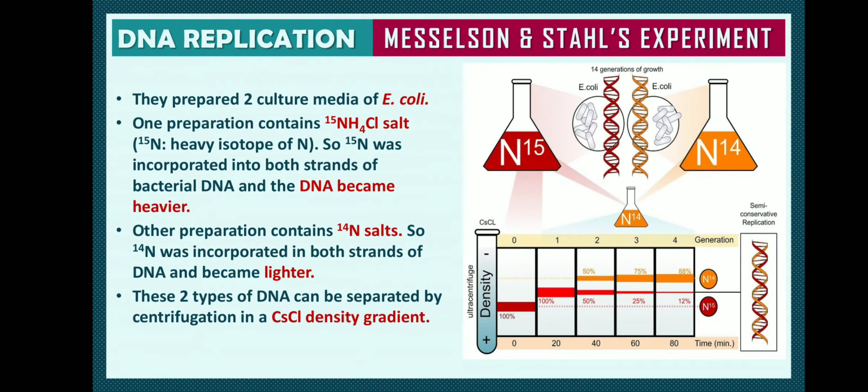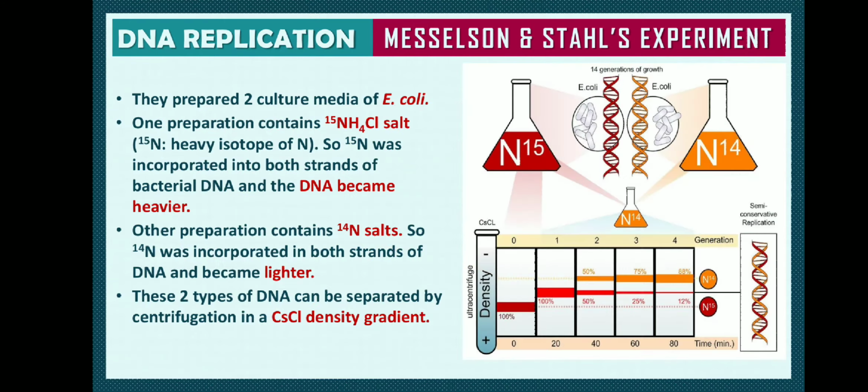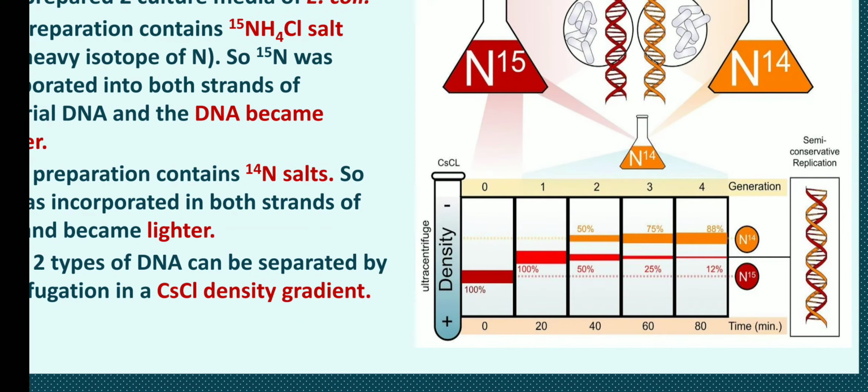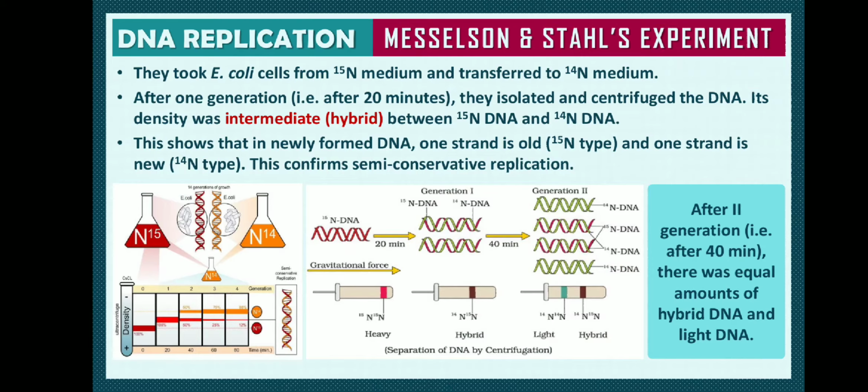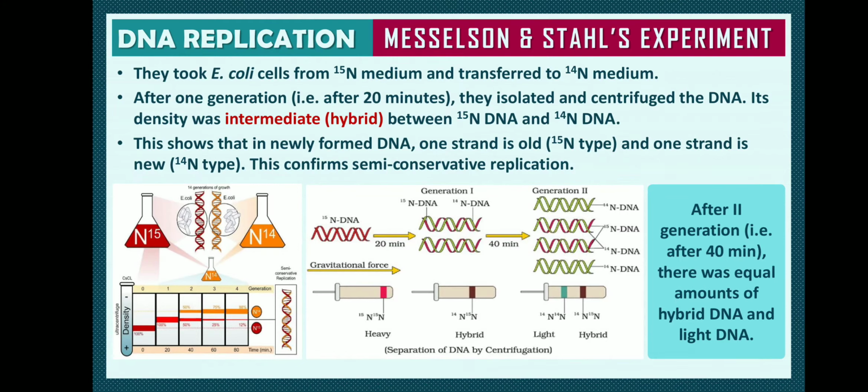For example, you see here, this is a percentage-wise representation of what they have shown. You can find here it was 100% red, then 100% hybrid. Now 50% hybrid and 50% newly synthesized, now the hybrid is reducing, 25%, 75%, then again 12%, 88%. So this way, from what we studied in the last class, we come to know DNA replicates by the semi-conservative mode of replication.